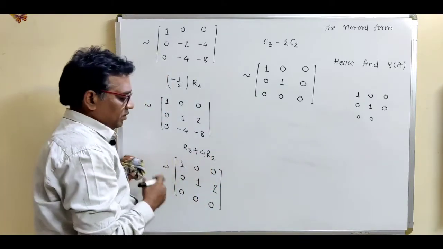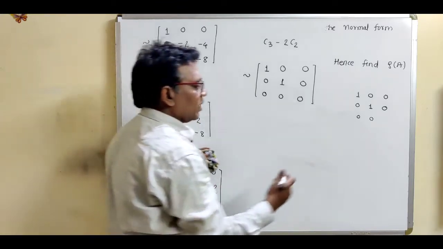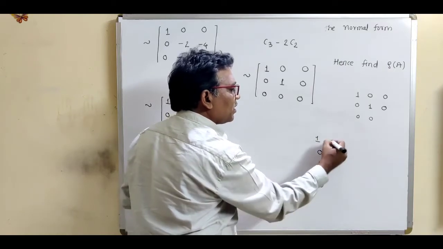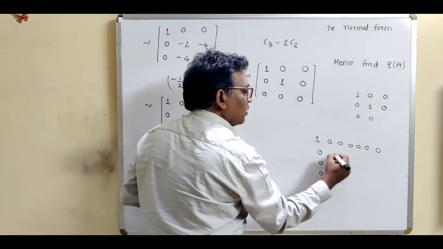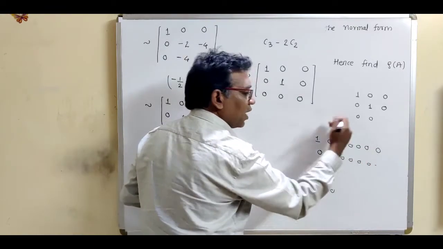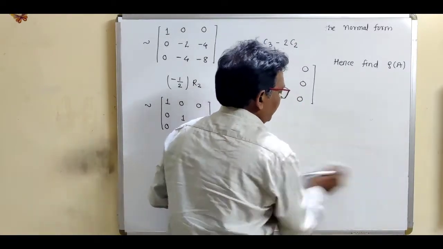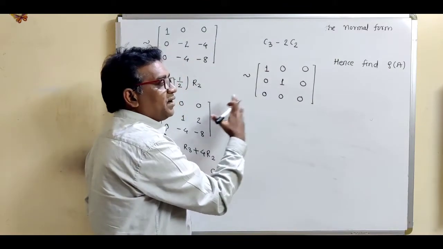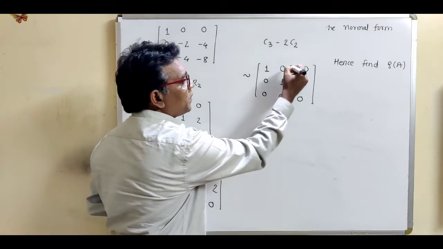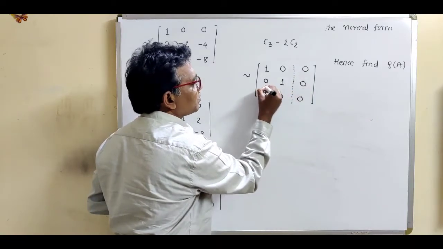So first of all, remember how to reduce the matrix into normal form or canonical form. First of all, make first element 1. By using this one, make corresponding column 0, make corresponding row 0. Make next element 1. By using this one, make corresponding column 0, make corresponding row 0, and so on. So this is the 1 0 form. Now see what is the next step. Just separate the unit matrix. Now this is the unit matrix, 1 0 0 1. So separate this unit matrix by taking this partition.